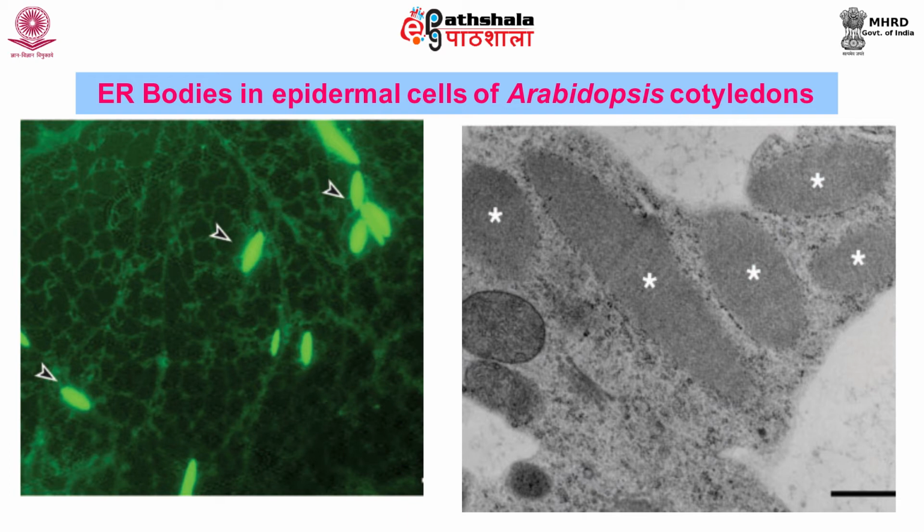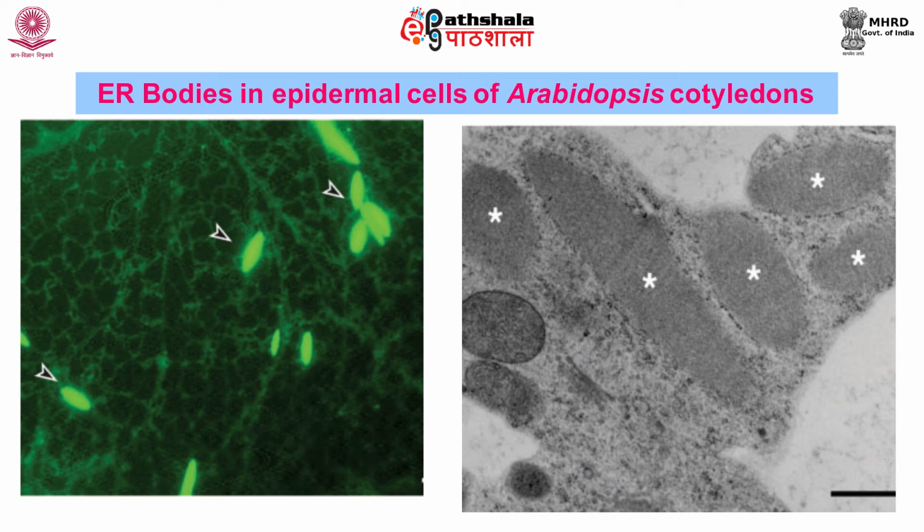ER body is about 10 microns long and 1 micron wide, and it is the largest ER structure in plants. They are surrounded by a single membrane and are attached to ribosomes. Also, they are connected to endoplasmic reticulum, so they are considered a subdomain of ER. These ER bodies are filled with condensed material, so their specific gravity is higher than that of endoplasmic reticulum.